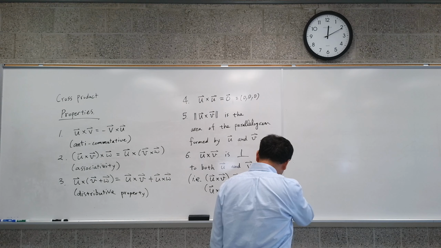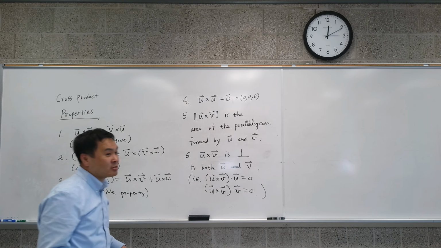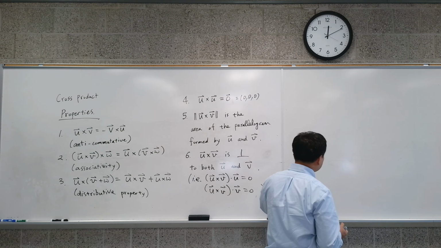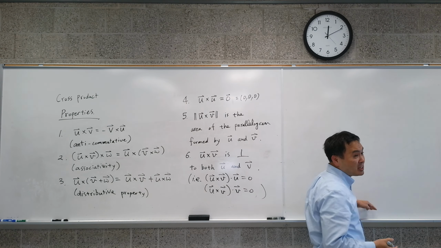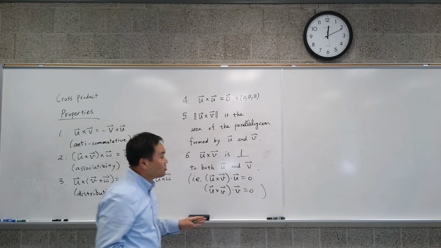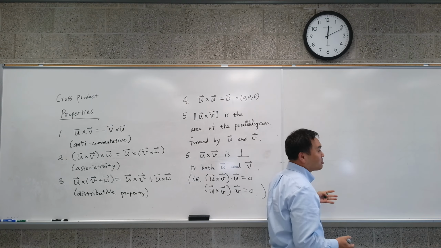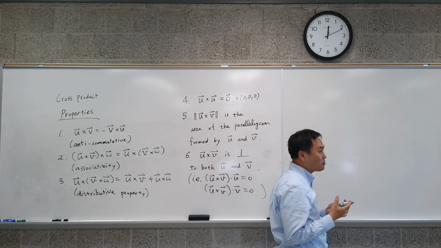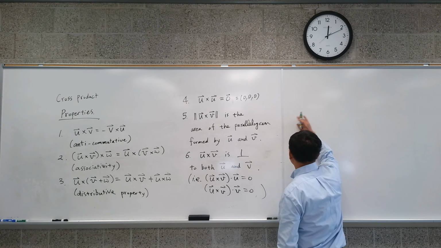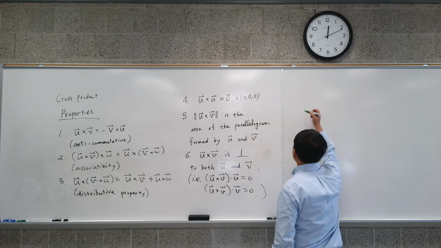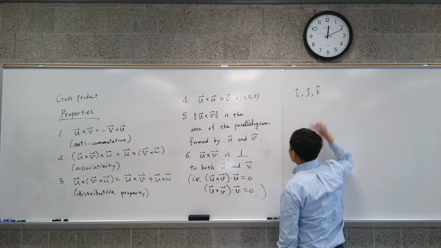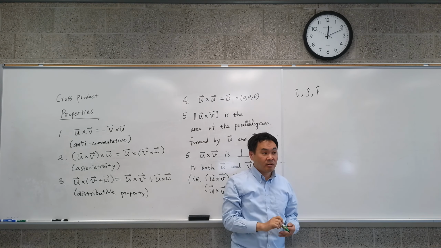Okay? But all of these properties would be useless if we didn't have a nice simple formula for the cross product. So now I'm going to do some calculations leading up to the formula. It will be very helpful to see how it's derived because then you'll have some comfort when you use them. So try to follow my reasoning as much as possible. So first of all, we talked about the I, J, K unit vectors, right? What are these vectors in 3D? I is